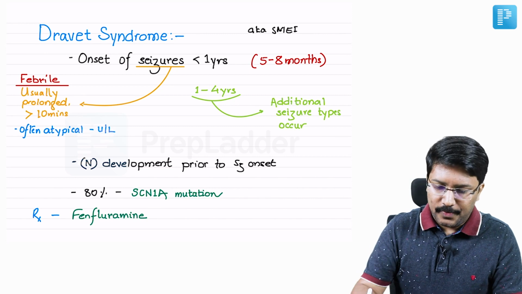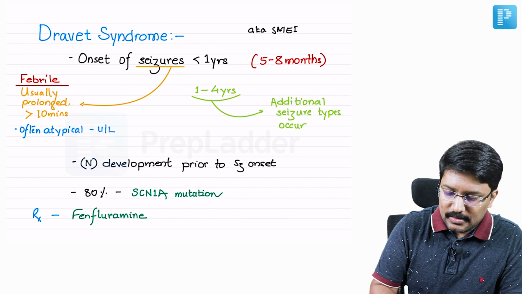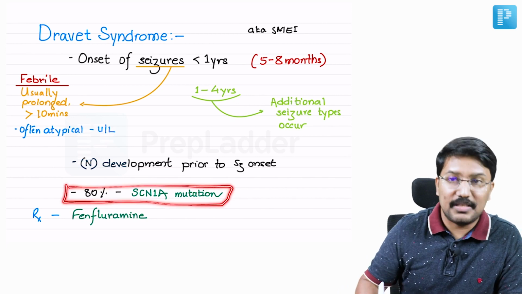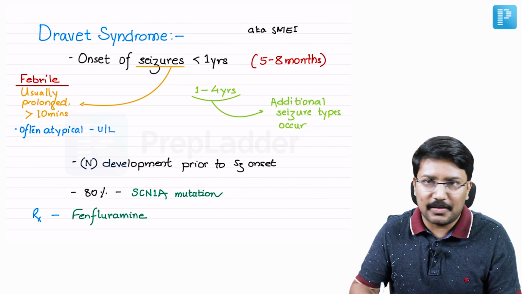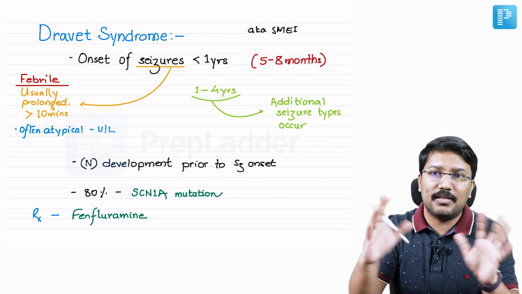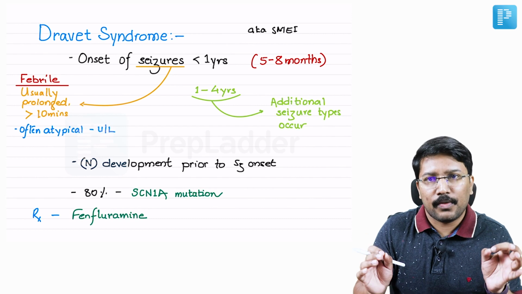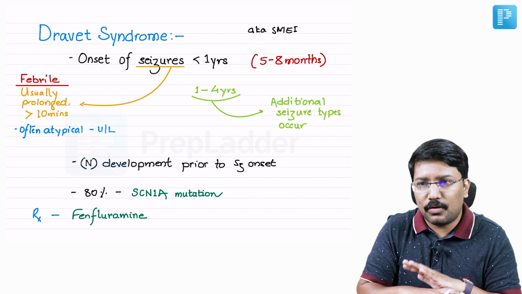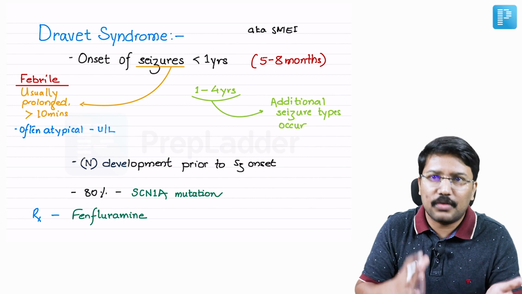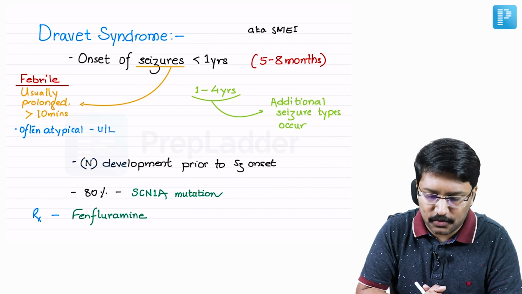Right? Okay. Now, when it comes to its etiology, one important thing we should know is the role of genetics, right? So the sodium channel SCN1A mutation is seen in 80% of these patients, and that is what even Harrison specifically gives a table, the channelopathy and the epilepsy that are associated. That table I always tell students that it's very important. You can anticipate questions from that. So even if you had not known anything of this, if you had just gone through that table and learned 2-3 points, you could have still ruled out some important closed differentials, and you could have come out with the answer for this question. Okay.